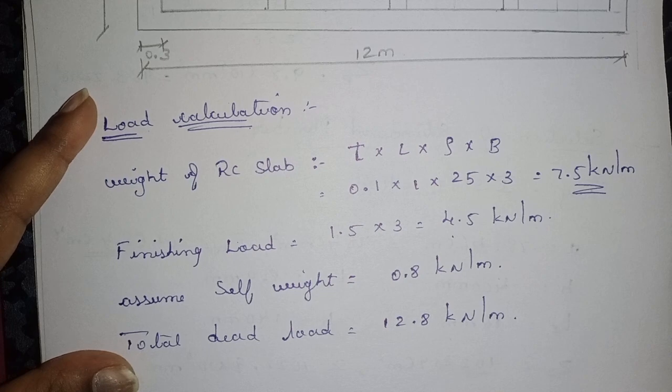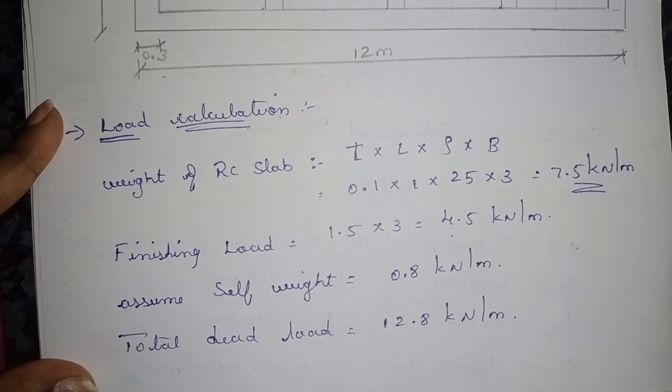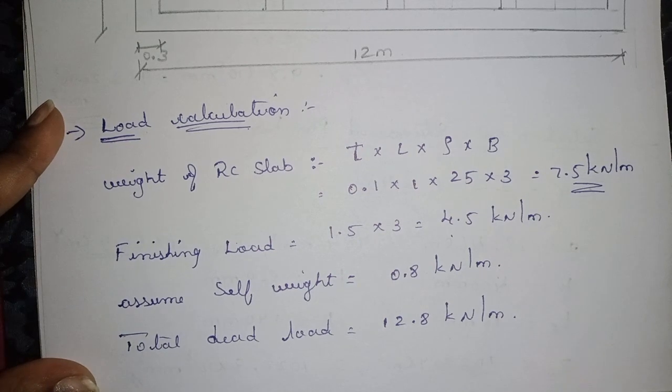Basically, before designing I'll tell you the steps. First, while designing, we always need to calculate the loading. Load coming on the structure, after that bending moment and shear forces, and after that you need to calculate a suitable section. As it is a steel structure, in the steel tables you will get directly standardized sections. Whichever you prefer for your loading, you need to choose it. One by one I'll tell you. So now we'll go to the first step, the load calculation.